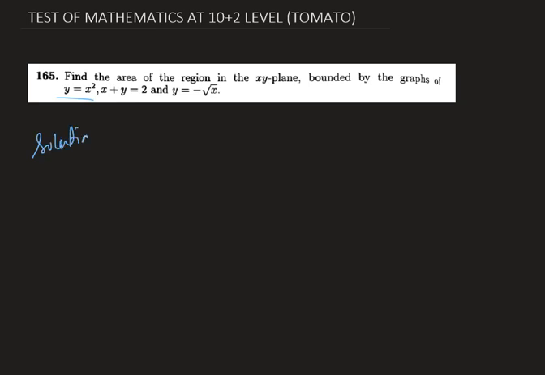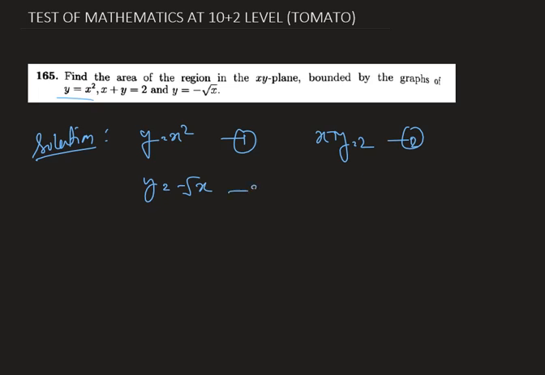Solution. So the graphs are y is equal to x square. This is the first one. The second one is x plus y equals to 2, a straight line. y equals to x square is a parabola, and y equals to minus root over x is also a parabola. So we have three graphs,